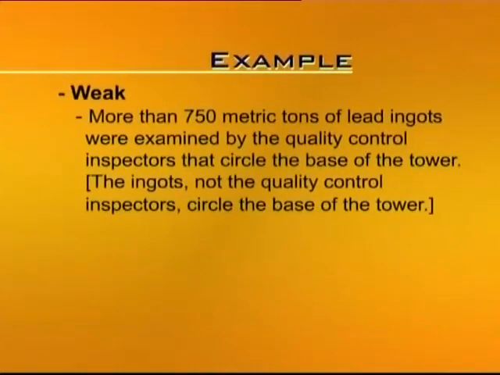A weak sentence would be: more than 750 metric tons of lead ingots were examined by the quality control inspectors that circle the base of the tower. अब इस सेंटेंस से ये पता नहीं चल रहा कि ingots base of the tower को circle कर रहे हैं या quality control inspectors base of the tower को circle कर रहे हैं. Because when you say that so many ingots were examined by the inspectors that circle the base